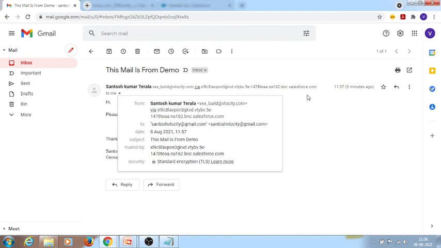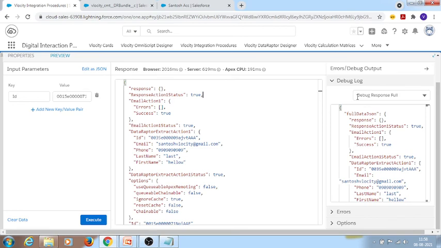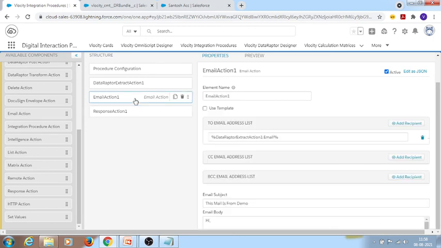This will be the use of the email action, and you can also debug from here, and configure it as you require. Whatever scenario you have, you can configure the email action. This email action we can use in the OmniScript and also in the integration procedure. If you want to perform anything on the back end, like if you want to perform this email action in the business logic, we'll use the integration procedure, or else if you want to perform it at the OmniScript level, we can perform this email action.